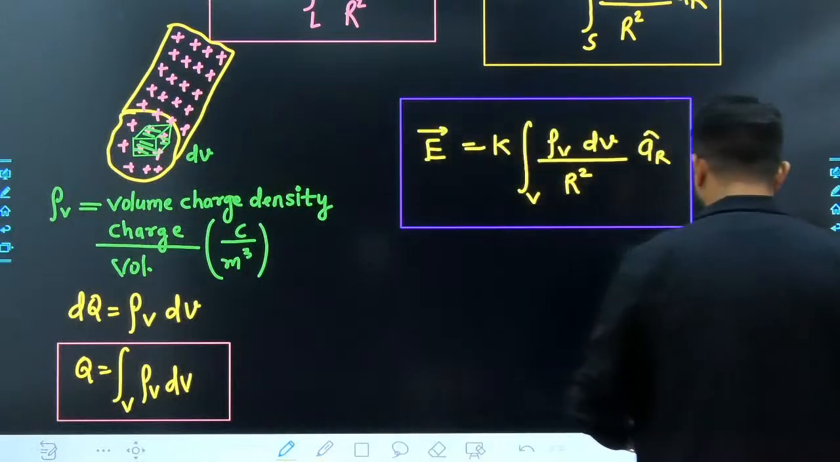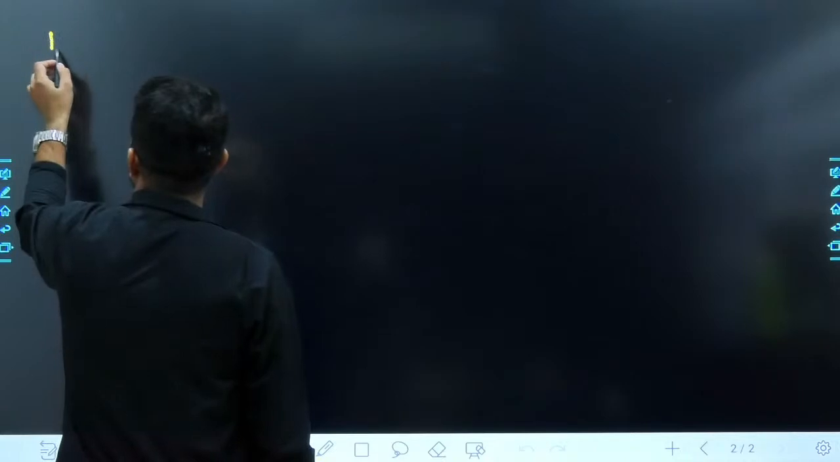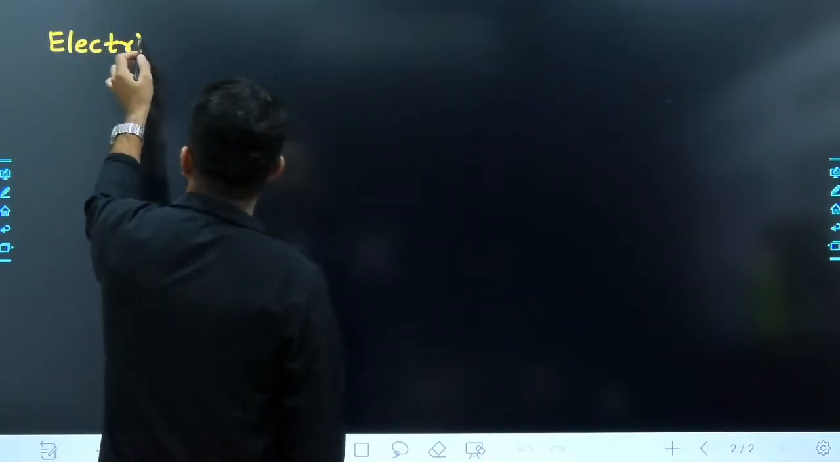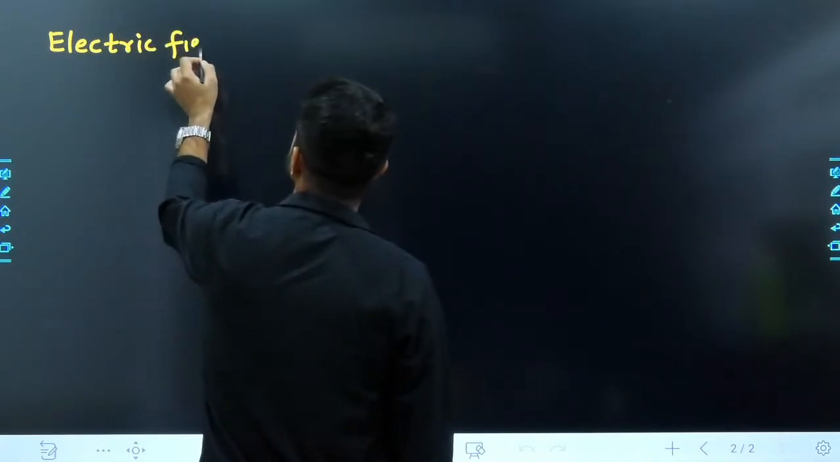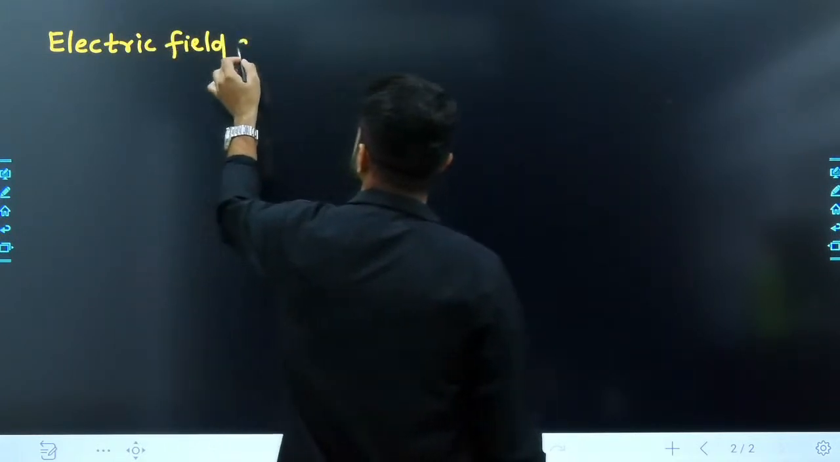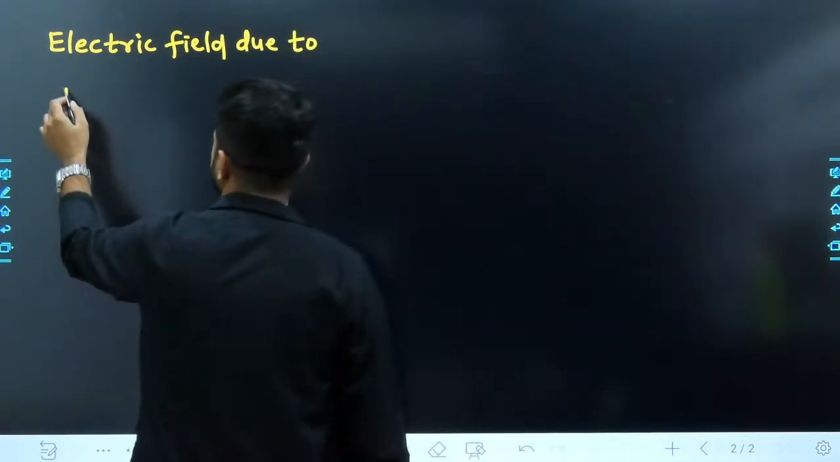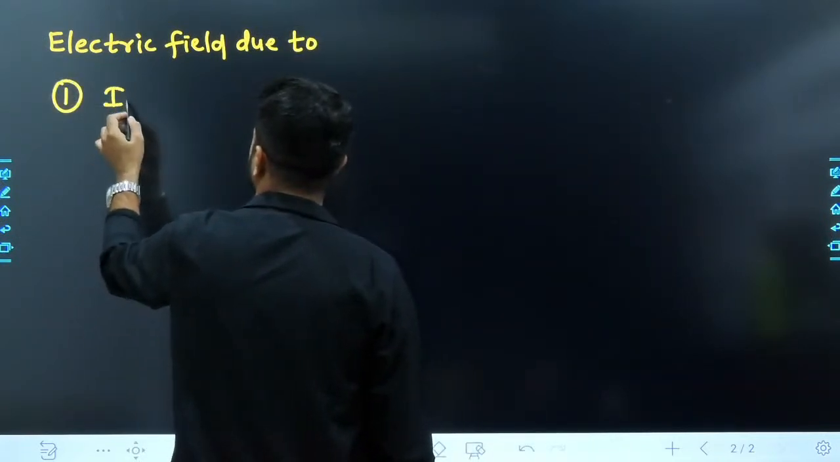Okay, so we have completed up to this part. Now we have to calculate the electric field because of the different charge configurations. We will calculate the electric field due to, first, infinite long line charge,